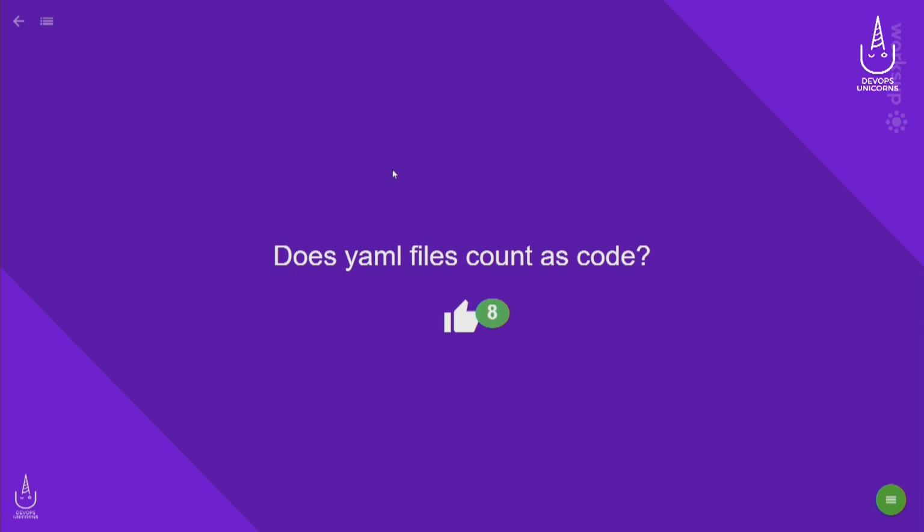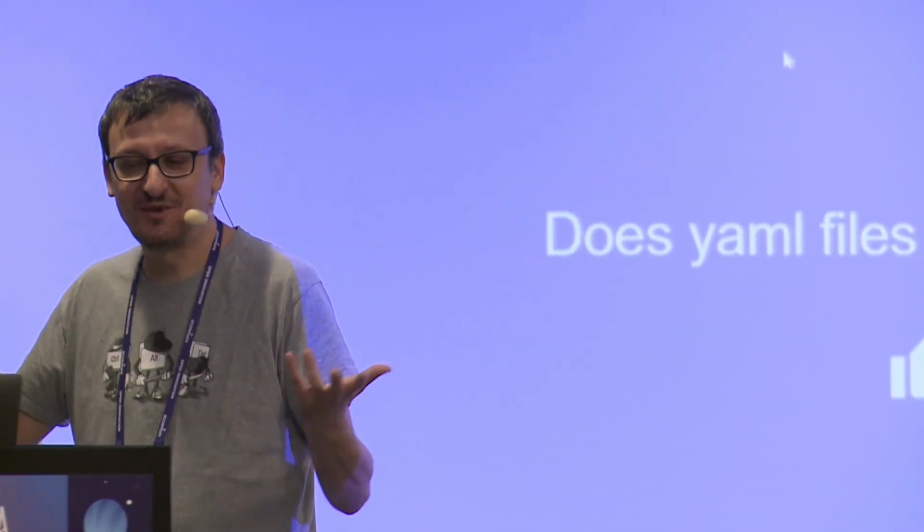Yes, yes. Anything that is in a format that can be processed by a machine is code. Whether that's Python, YAML, JSON, XML, please don't use XML. Anything that can be processed by a machine is code. What that really means is that Excel is not code, PowerPoint is not code, YAML is code, Java is code, COBOL is code, and Go is code. So yes, it is code. But by code, I mean it will be understood by a machine. That's my definition of code.